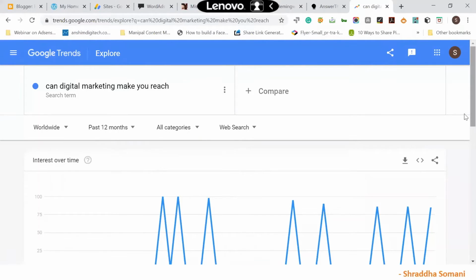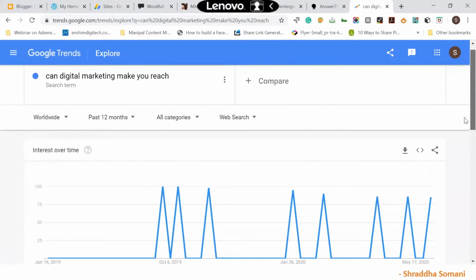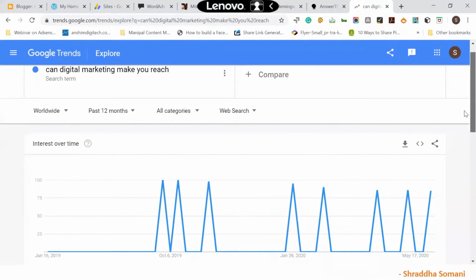So worldwide, if you see, I have a good number of searches, but when I'm searching for India, I don't have so many searches. Now when I take my cursor over here, right, it gives me the search volume. If you can see, May 10 to 16, that means 86 people have searched regarding this topic, right? So try to write down the topics where people are searching for that kind of questions or that kind of topics, so that you will have good traffic on your blog.